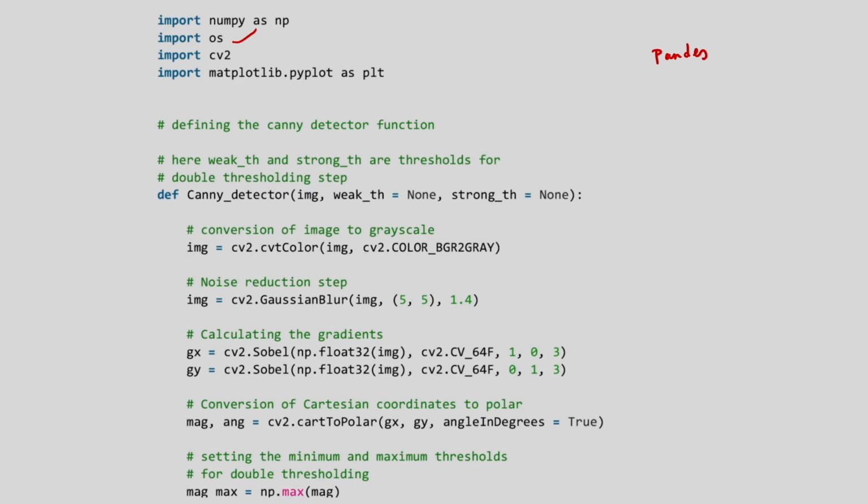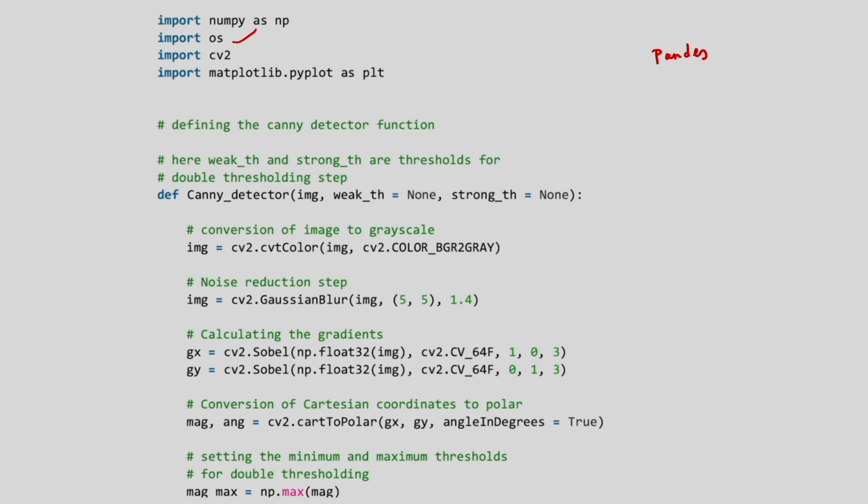What is os? The os module in Python provides functions for interacting with the operating system. os comes under Python's standard utility modules.